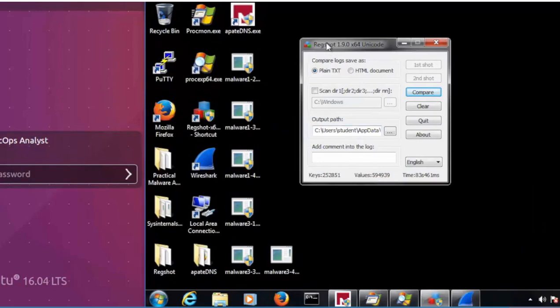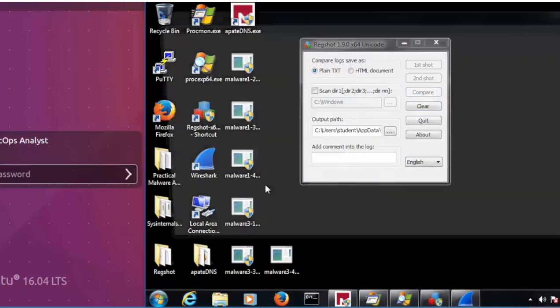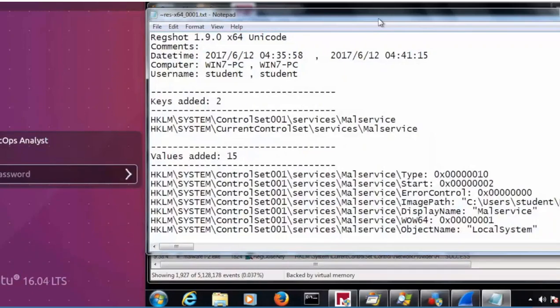Okay, the second snapshot of the registry snapshot tool is finished, so I can click the compare button and compare any differences from before and after the malware was run. So from the registry snapshot comparison, we can see that 2 keys were added, and it looks like a service was added to the machine called malservice. So this would be a good starting point to search to see what is this service that was created on the computer and what is it